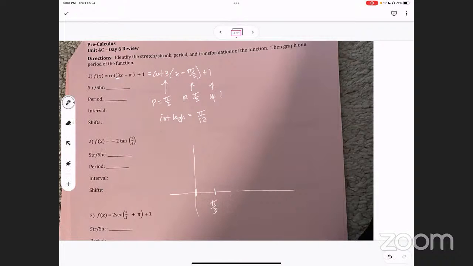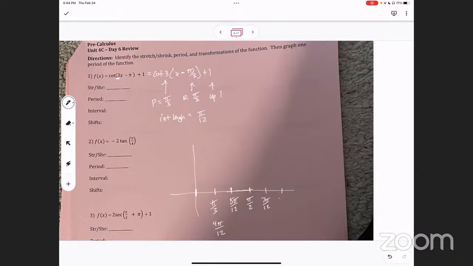Now I'm going to draw my intervals in here, and my interval lengths are pi over 12. So I'm going to think of pi over 3 as 4 pi over 12. Got it? Okay. So let's count by pi over 12. Here's 5 pi over 12 because I'm adding. Here's 6 pi over 12, which is pi over 2. Here's 7 pi over 12. And here's 8 pi over 12, which is